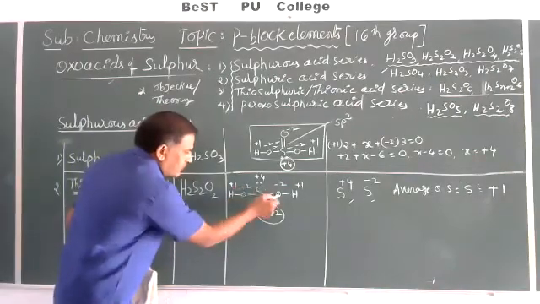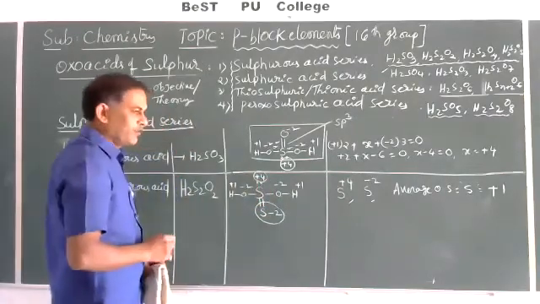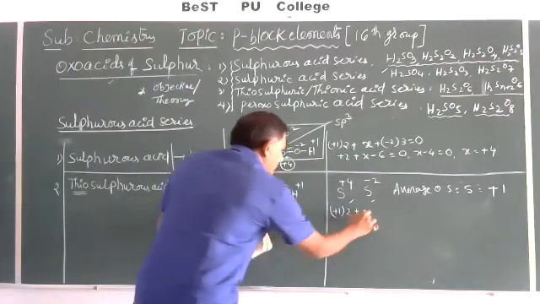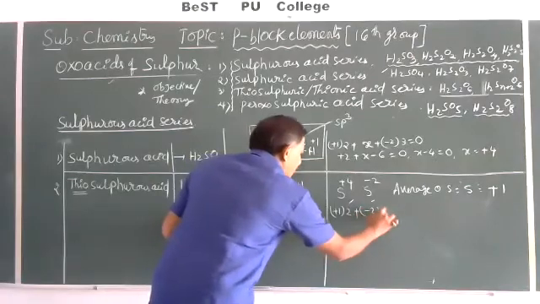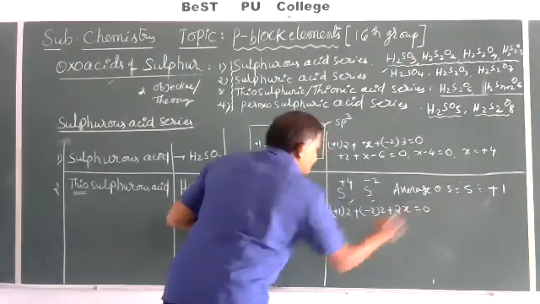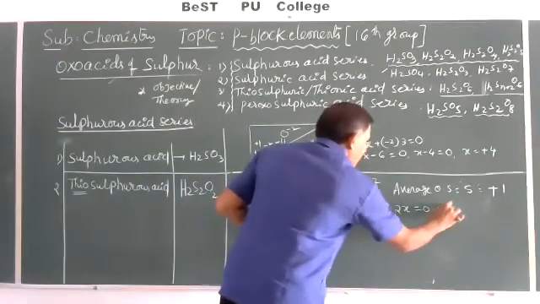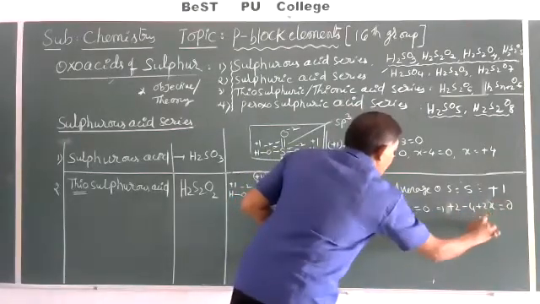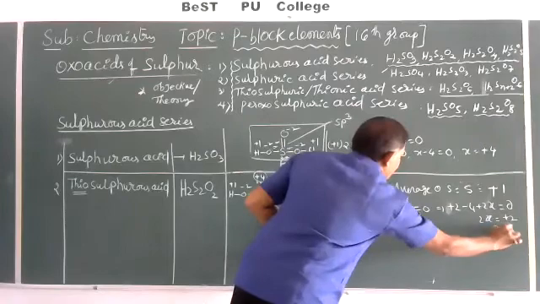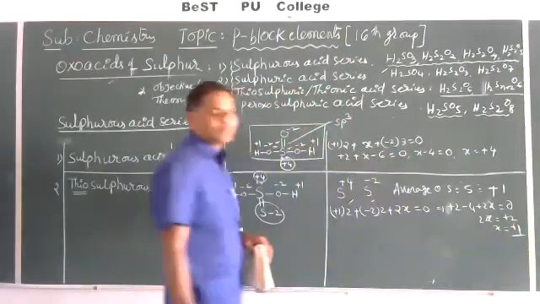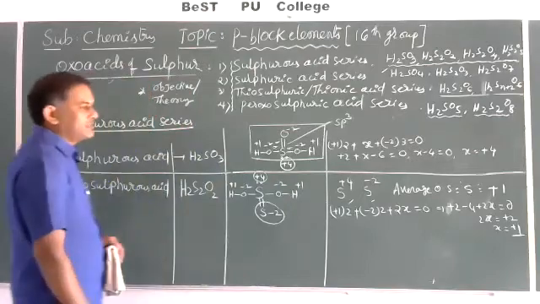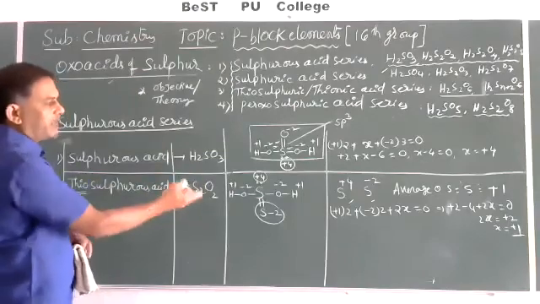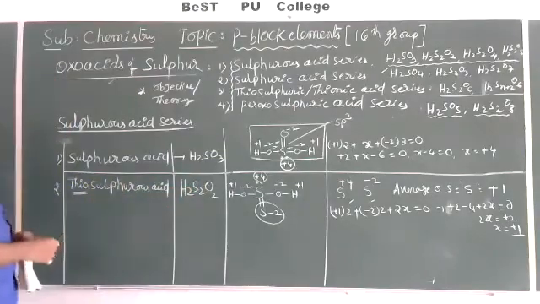Because here one sulfur is minus, just like oxygen. Now to satisfy oxygen and oxygen, compulsory here it is +4. So the two hydrogen atoms into +1, oxygen atoms are -2 into 2, and 2 sulfurs are there, equal to 0. Then +2 -4 plus 2x equal to 0. 2x is equal to +2, x is equal to +1 oxidation state. Very, very important. Average oxidation state is +1, and variable oxidation states are +4 and -2. Both are important.